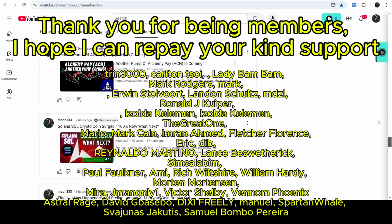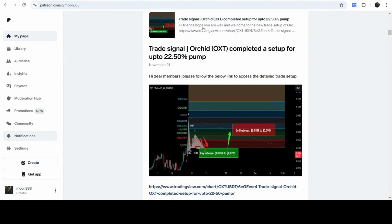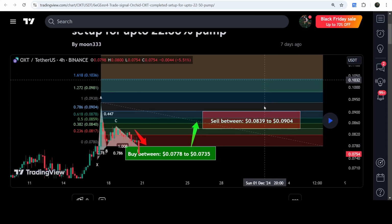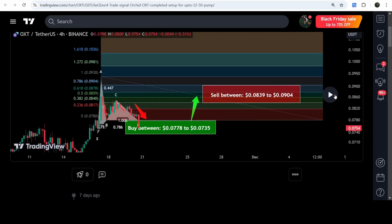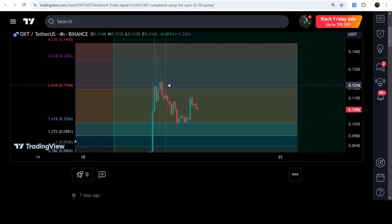First of all, let me begin with my most recent trade signal for Orchid that I shared on 21st of November 2024 with my members almost 7 days ago. And that was a harmonic bullish reversal Gartley pattern that Orchid formed on a 4-hour time frame chart with the US dollar pair. And this was a complete trade signal: the buying zone, the sell targets and the stop loss. And now if I play this chart, you can see that the price has started a very massive reversal from this buying zone. And so far, it has pumped almost